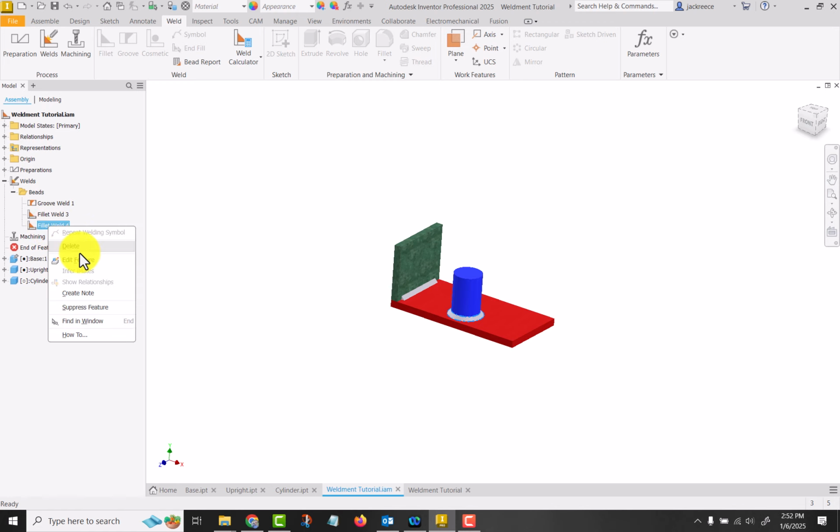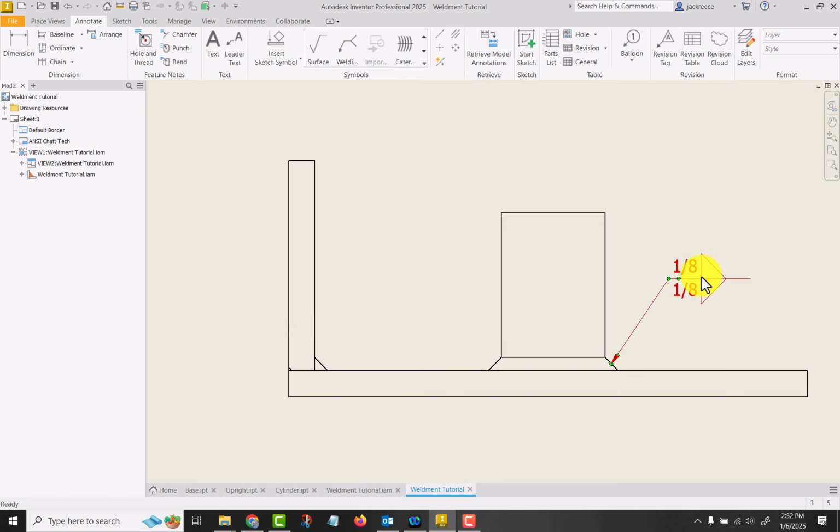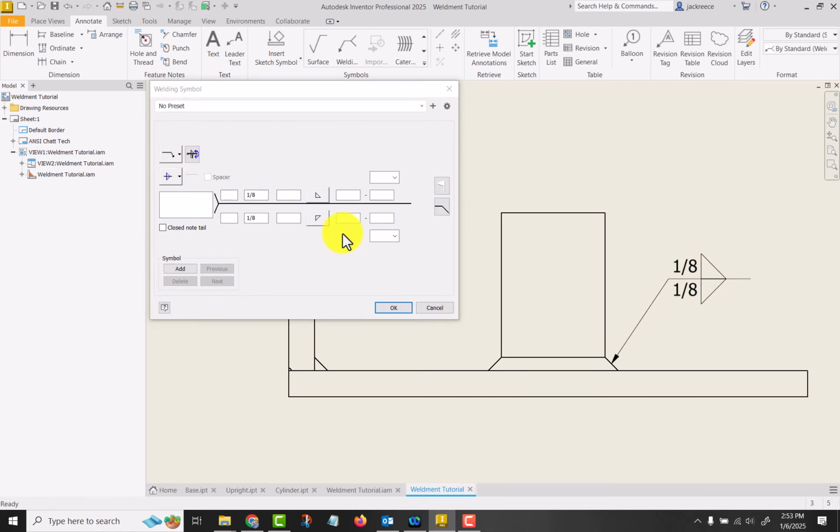I thought I used 1/4 inch. Yeah, weird. Okay, so let's come back in here. Well, I don't know why it's showing up as both sides. That's a weld all around. Maybe that's the last thing that